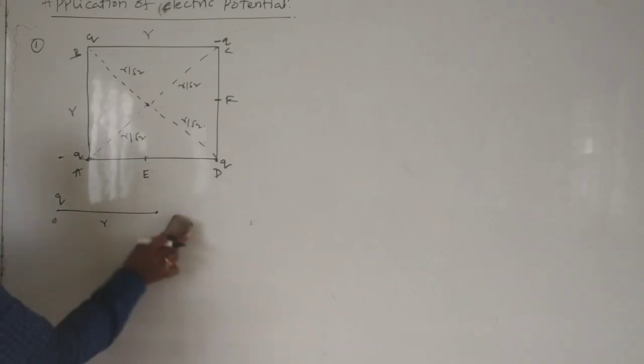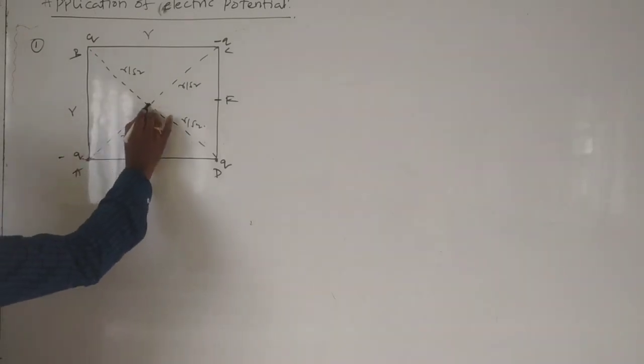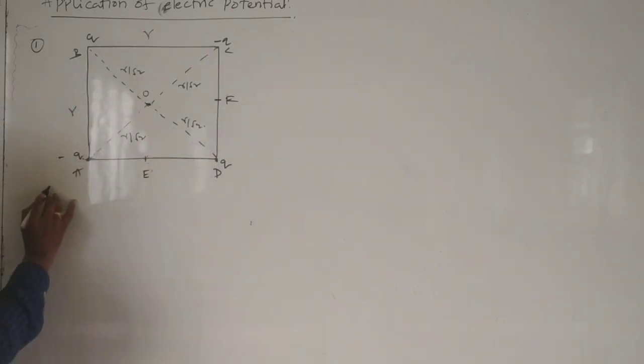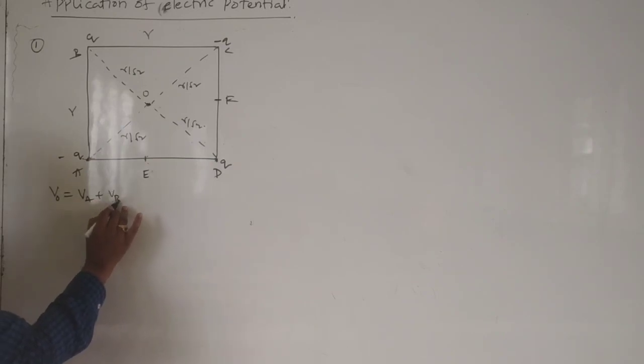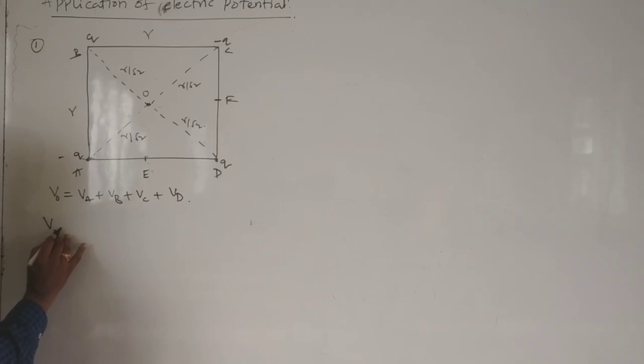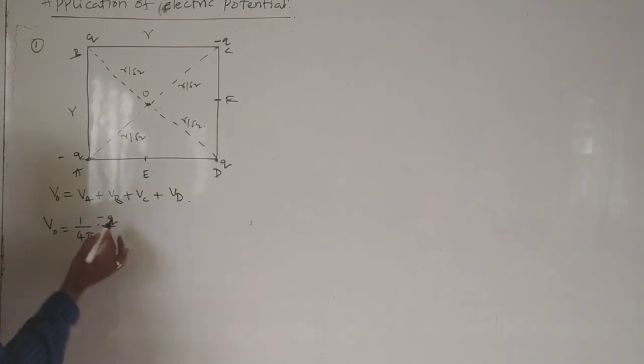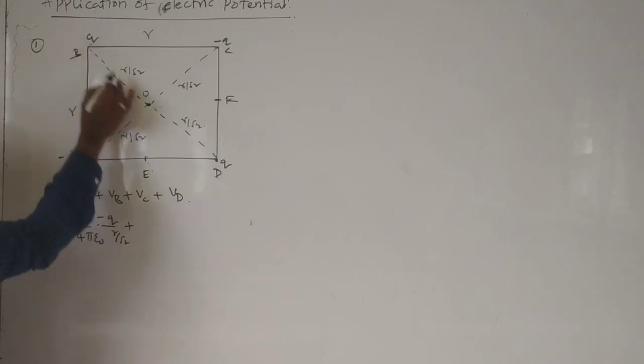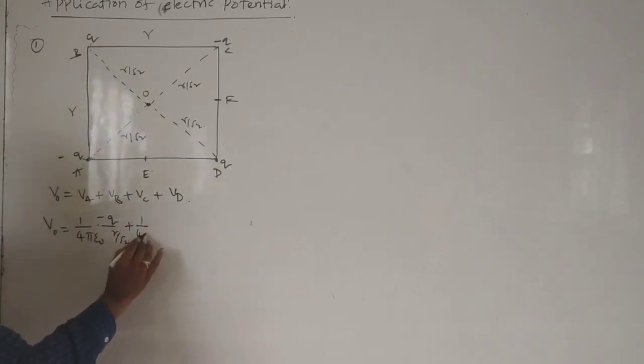So now we can say that a charge Q at distance R has a potential. Now what is the potential at O due to all the charges? Total potential at O equals the potentials due to A plus B plus C plus D. So V naught is equal to 1 by 4 pi epsilon naught times minus Q by, what is the distance from here to here? R by root 2,